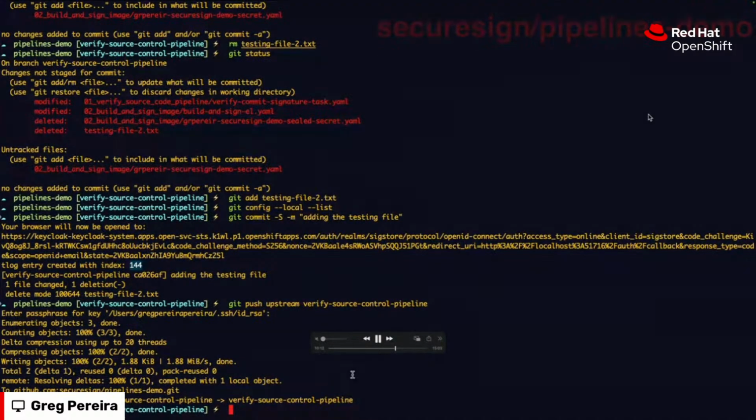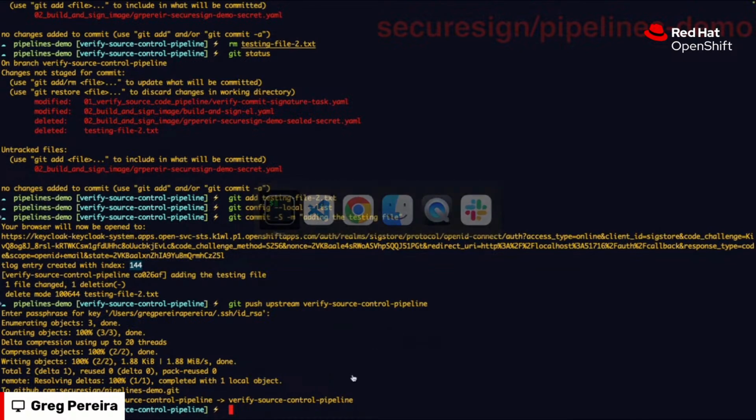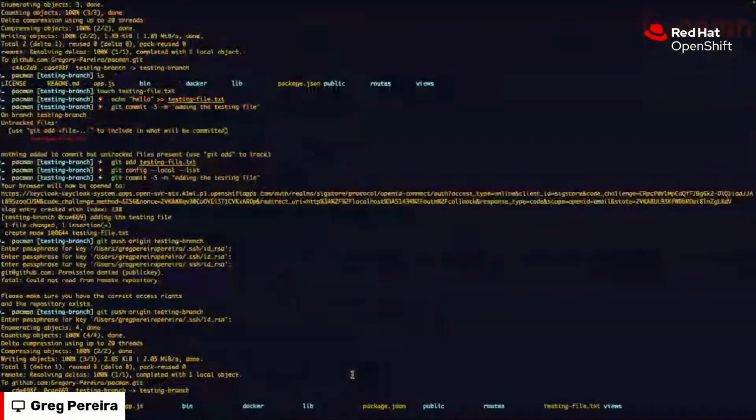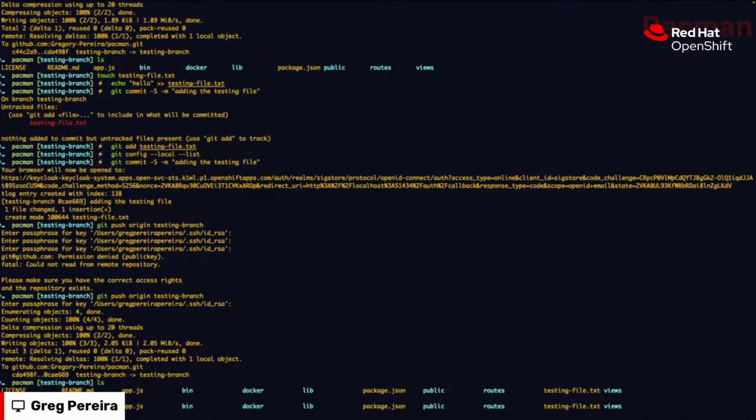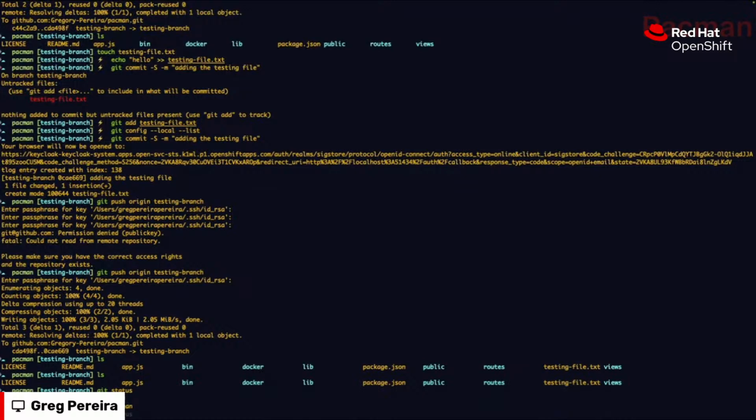I think this also touches on the building and signing images with Tekton Chains. This is a lot more clear-cut of a pipeline. This is a lot more standard, what someone might use. It's just using the build cluster task to build an image. I used this handy dandy Pacman repo that Sally was kind enough to point me to.